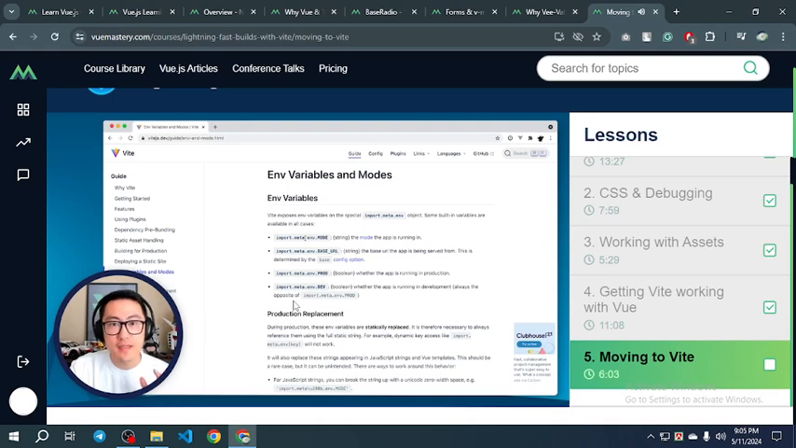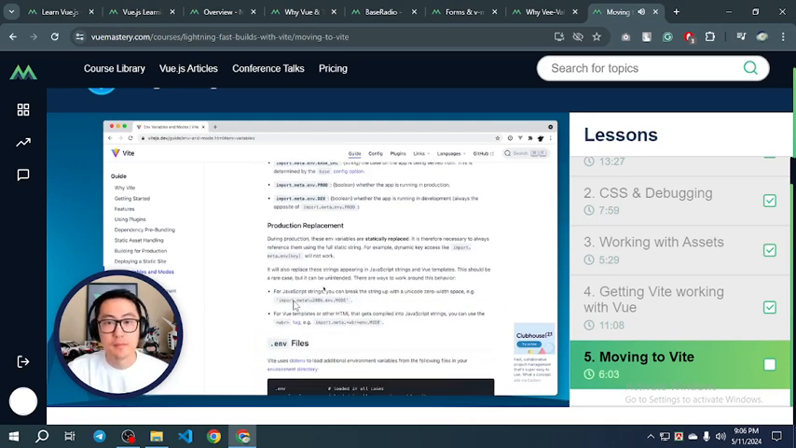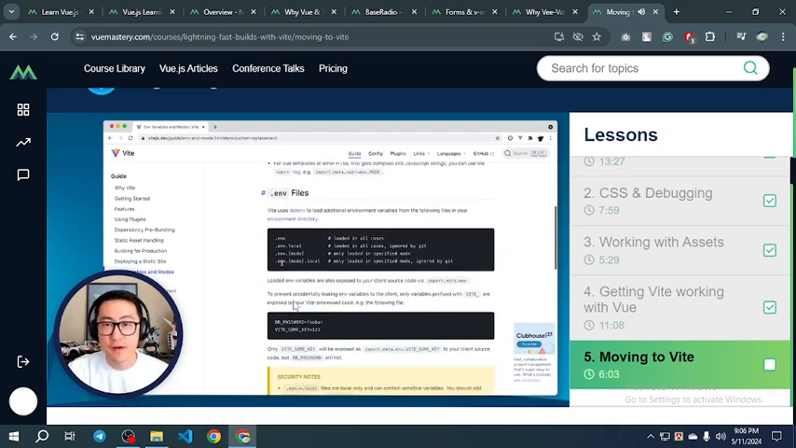Vite attaches a special nested object called .env onto import.meta. So this env object is where Vite exposes all its Vite specific env variables. Some of the built-in env variables include mode, base URL, prod, or dev. And if you provide an env file yourself,